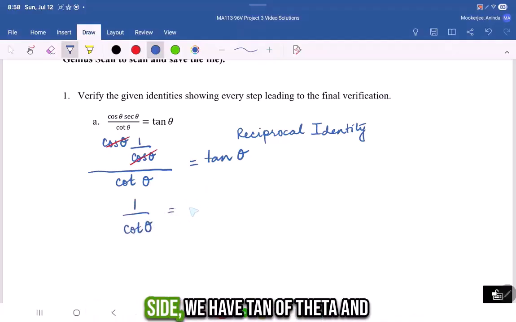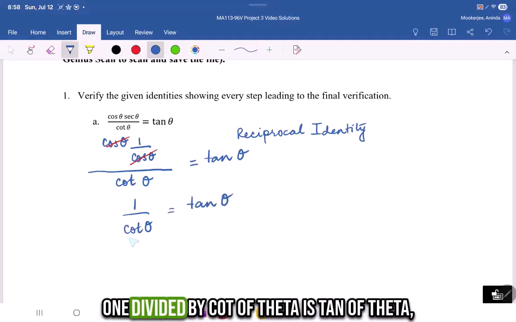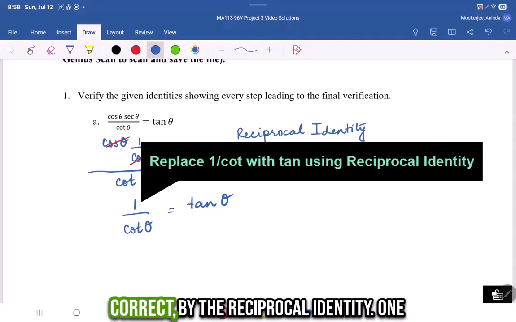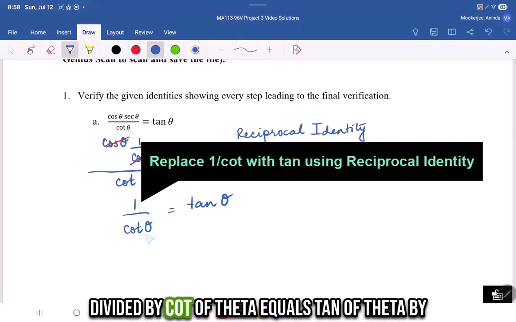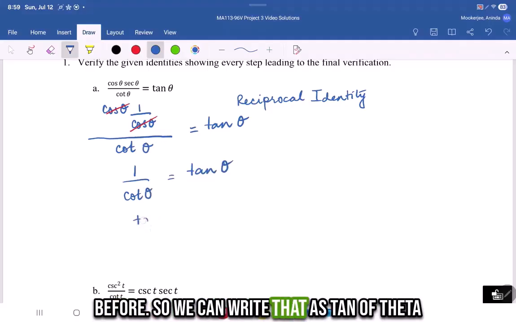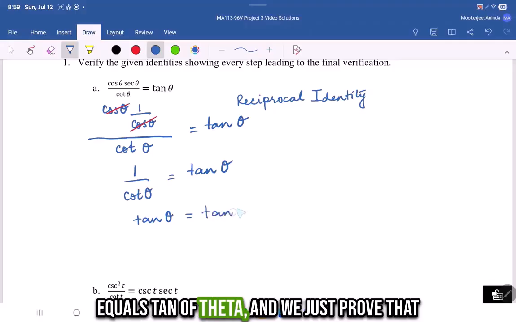On the right-hand side, we have tan of theta, and 1 divided by cot of theta is tan of theta, correct? By the reciprocal identity, 1 divided by cot of theta equals tan of theta by the basic reciprocal identity that we learnt before. So we can write that as tan of theta equals tan of theta,